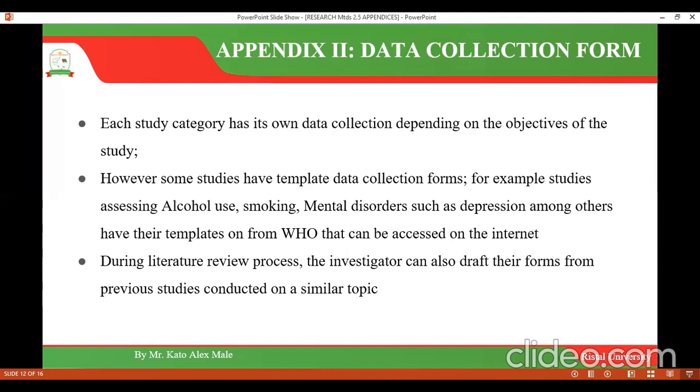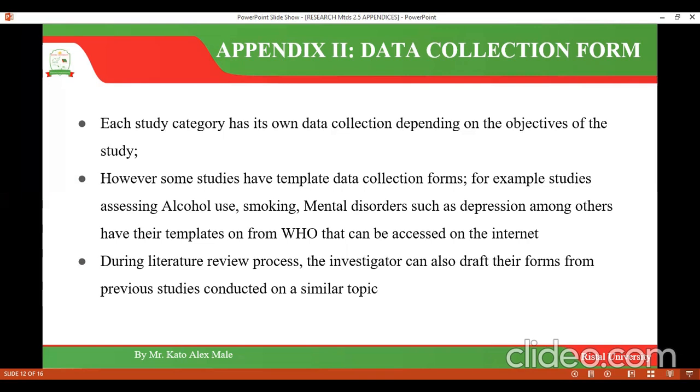They have their templates from WHO that can be accessed on the internet. When you are studying depression, there is a data collection form specifically for assessing depression. So such a form is administered. You download it from the internet, adjust it according to your study objectives, and then you administer it to your participants